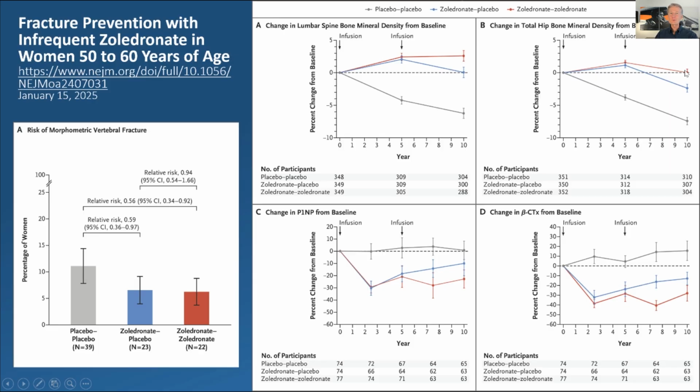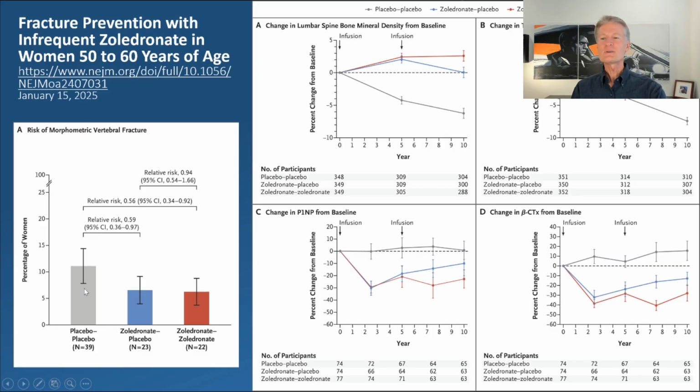I can tell you, all the doctors are like, ooh, you can see the study. 10-year studies take a long time. And at the same time, you say, okay, well, that's great, Mike, but what about the risk of fracture? Do we reduce the risk of fracture? All these drugs reduce the risk of fracture, and we can see that here as well.